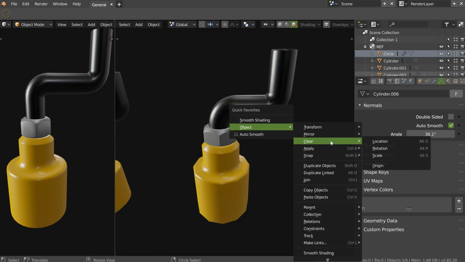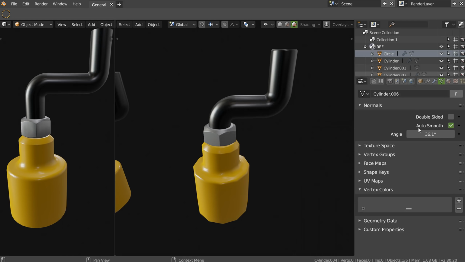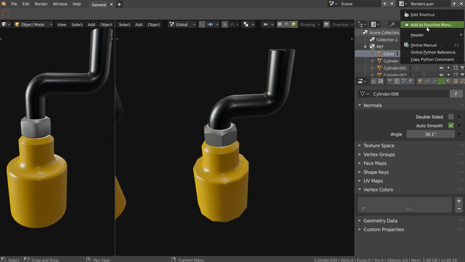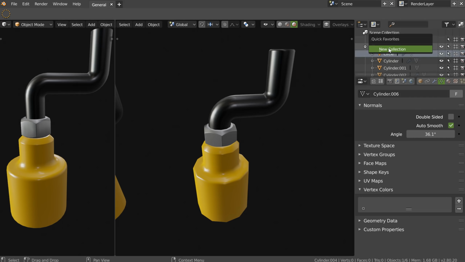So let's hope we will be able to first have a quick menu editor, and to be able to add whatever we want, to make a custom menu as we want, and that could be really nice. And the quick menu is really nice too, because it works on different views. As you can see, I can take this one and add it to the quick menu, and I will have add new collection. And this is really nice.